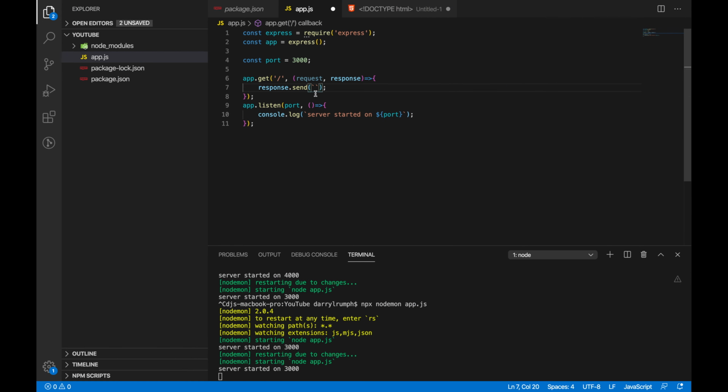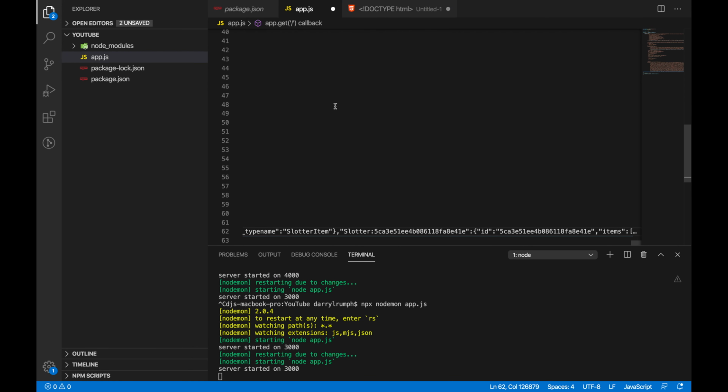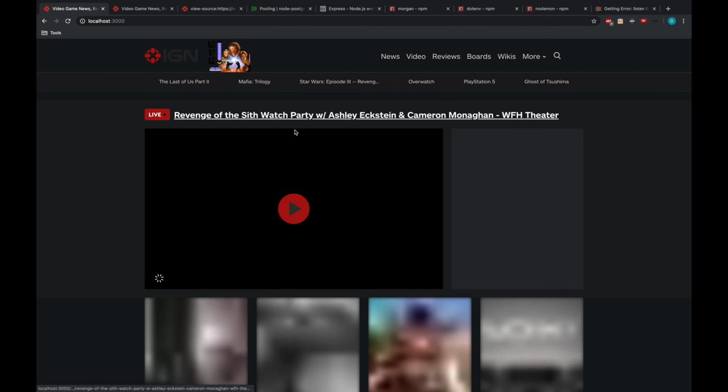Here we go. So we're going to view the page source code, and we're going to take all this HTML and we're going to add it to the response in our server. I'm going to click save. And we're going to go back and hit refresh, and now we have IGN coming back from our server,